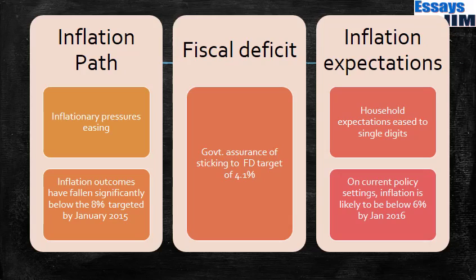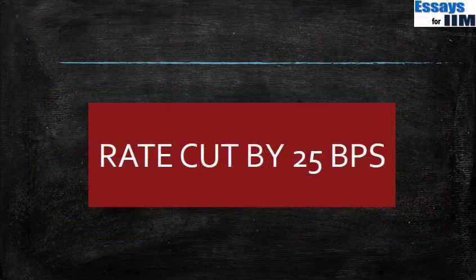So there has been data to show that the household expectations are easing to single digits in terms of inflation. First of all, with the new government coming in, the people are expecting a lot of action to be taken on the economic front, because of which they feel the inflation will be falling. Similarly, when they see around them that the oil prices are coming down and commodity prices are coming down, again the inflationary expectations ease. So these are the reasons because of which the RBI has had elbow room to cut the rates, because the inflation has really been easing. So all of this resulted in a rate cut by RBI by 25 basis points.